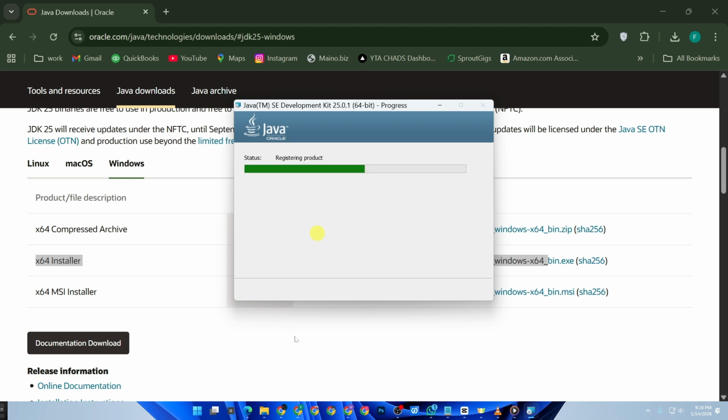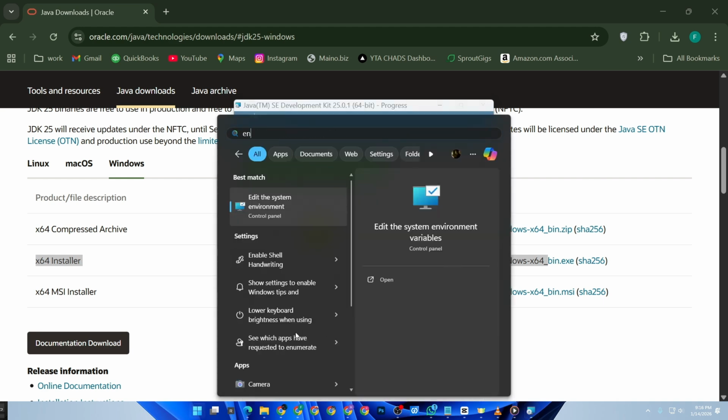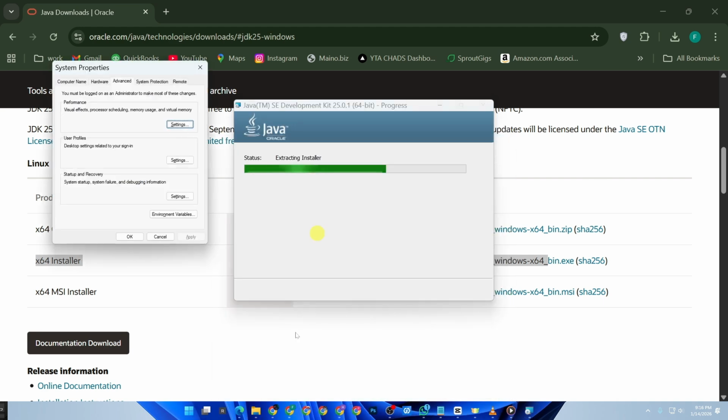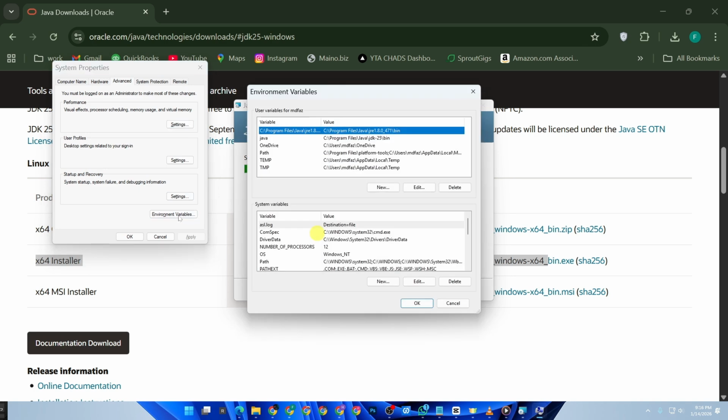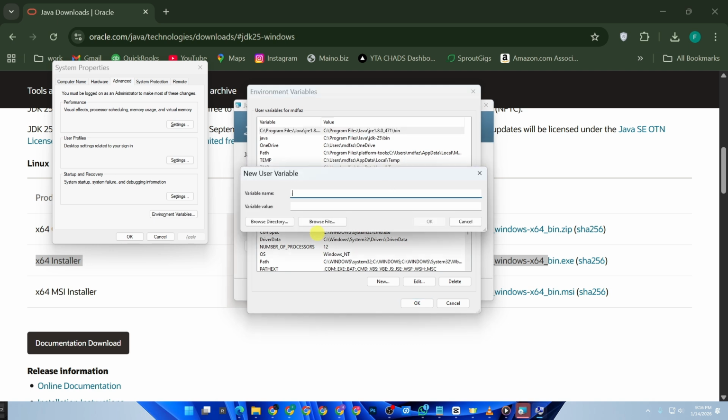installed. Open the Start menu, search for Environment Variables, and select Edit the System Environment Variables. Click on Environment Variables, then under System Variables, find the variable named Path. Click Edit, then New, and add the path to your JDK's bin folder, usually something like